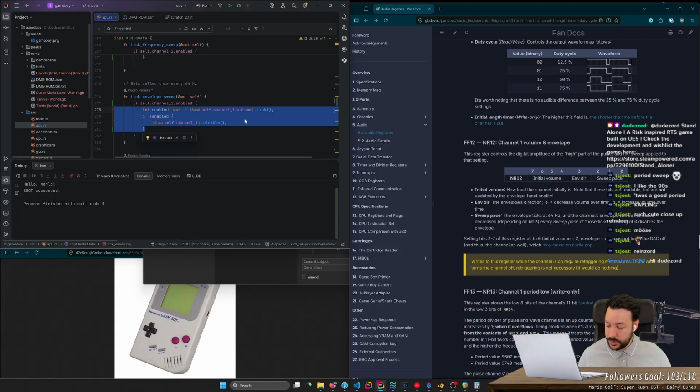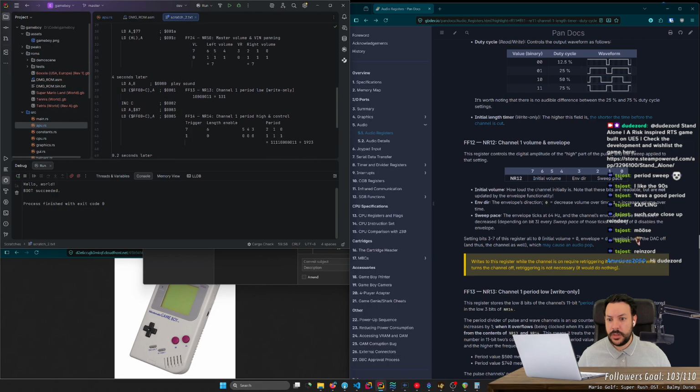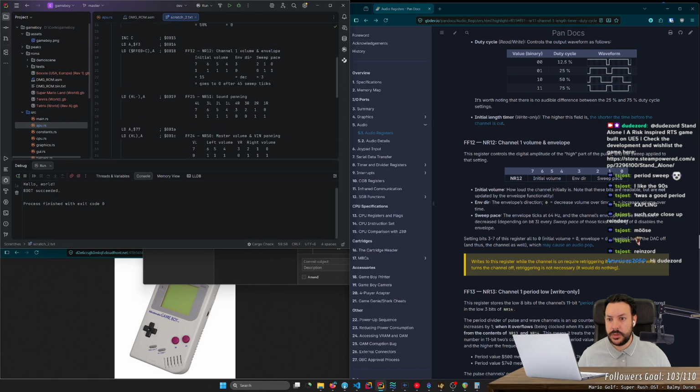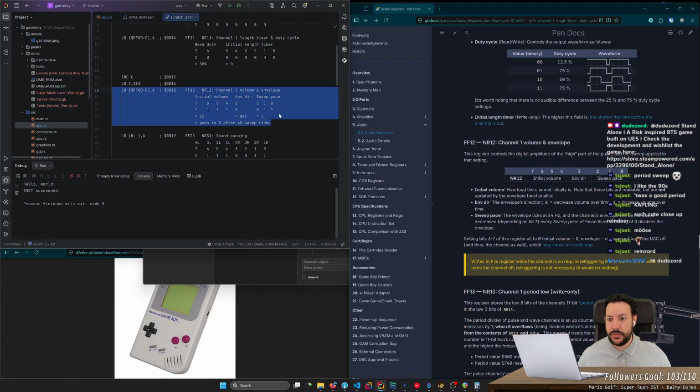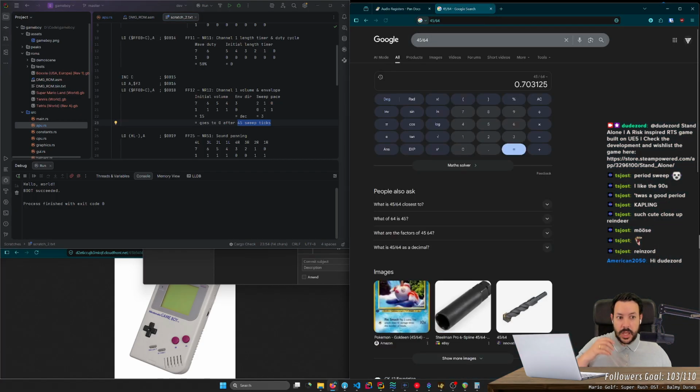And on those 64 times a second, if the audio, where is it? Hold on. Like this channel volume goes after 45 sweep ticks, which means that the audio should play for 0.7 seconds. Okay, let's validate this.